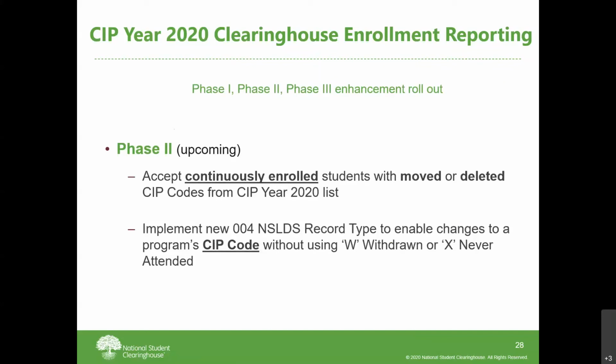So that functionality, there'll probably be some pretty great opportunities to leverage that in the event you're trying to make adjustments to what you've reported previously, and when later you determine, you know what, the student was actually not in that program. So ideally, it's going to help support making adjustments related to that kind of a situation. And then for the 004 record type,